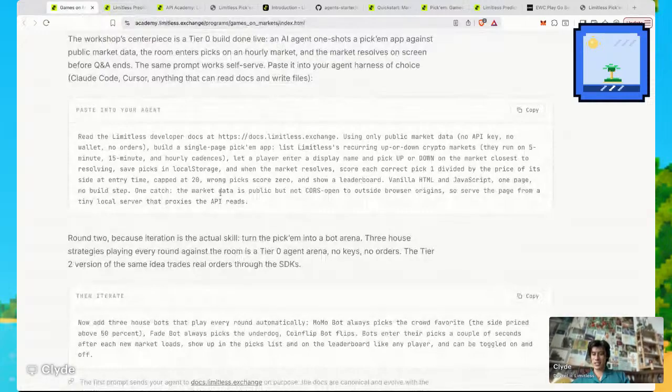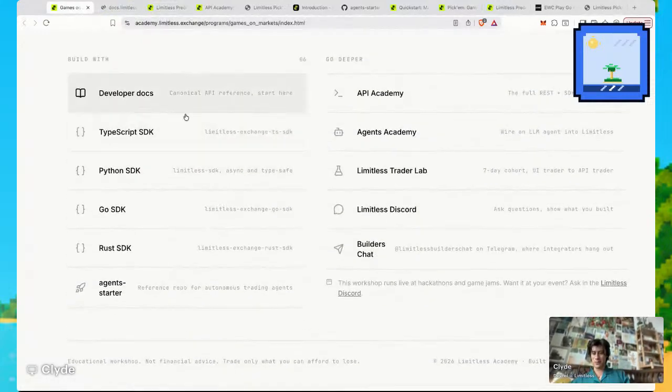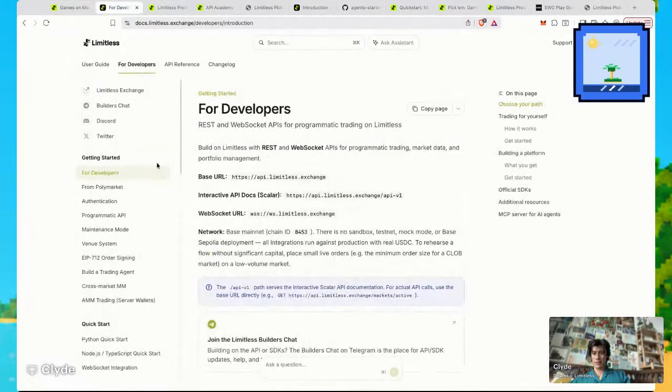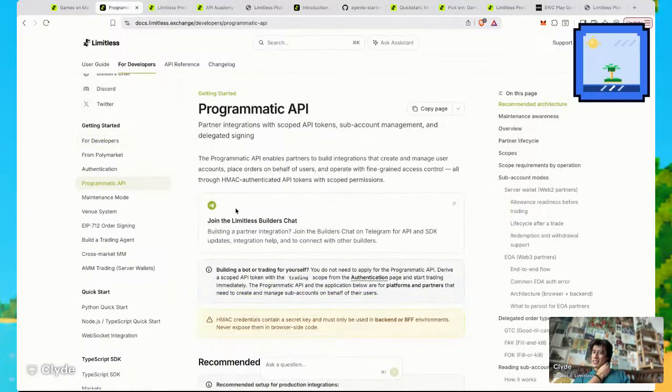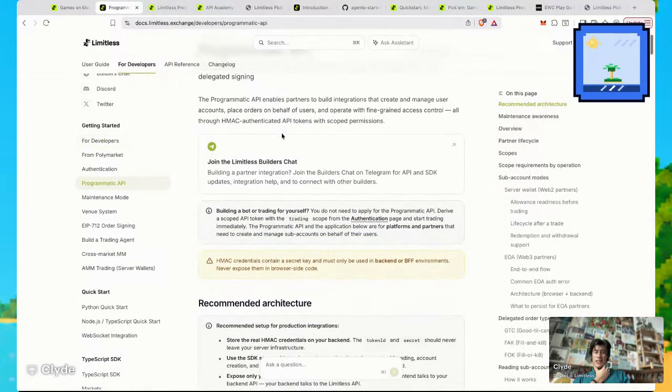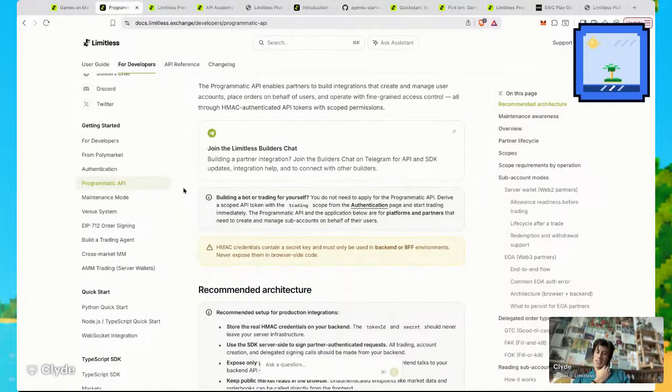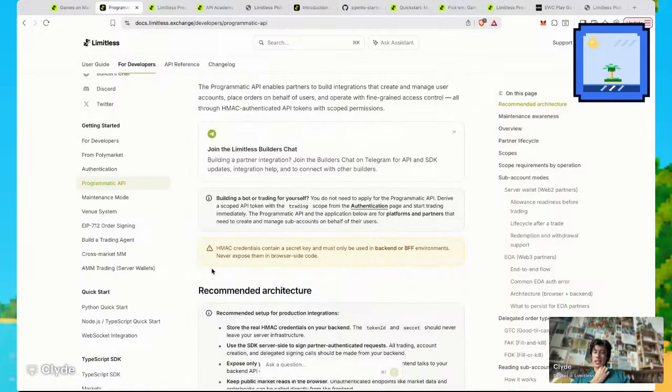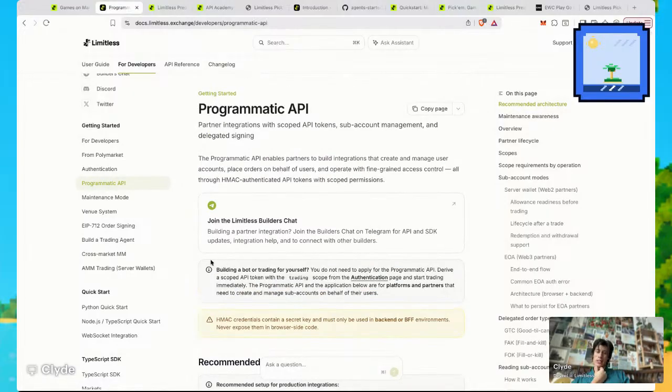And again, like I mentioned, the docs are all in our developer docs here, where we have everything necessary on how to actually use the programmatic API. That's docs.limitless.exchange. And if there's anybody already here present that wants to get more into the nitty gritty of the development itself, instead of just me handing you a prompt, I'm happy to show you. But I think the fastest and easiest way to go about this is to reference our docs, feed them to your AI harness, and actually start leveraging public data,